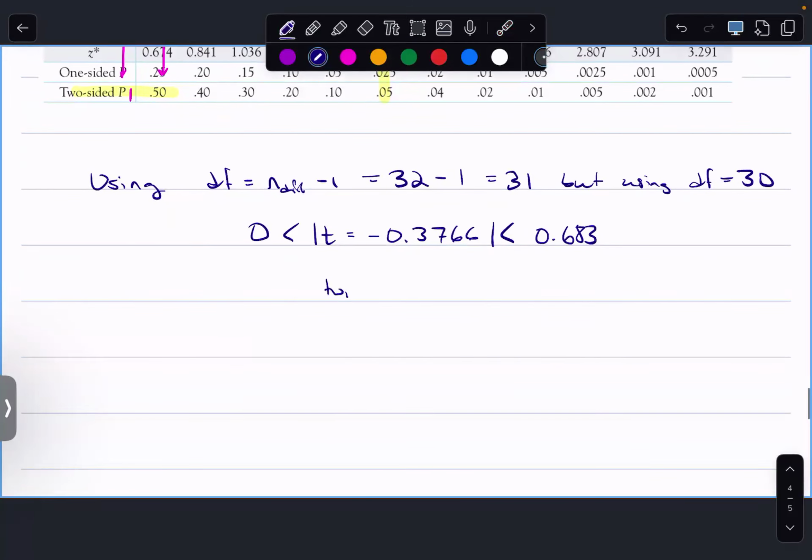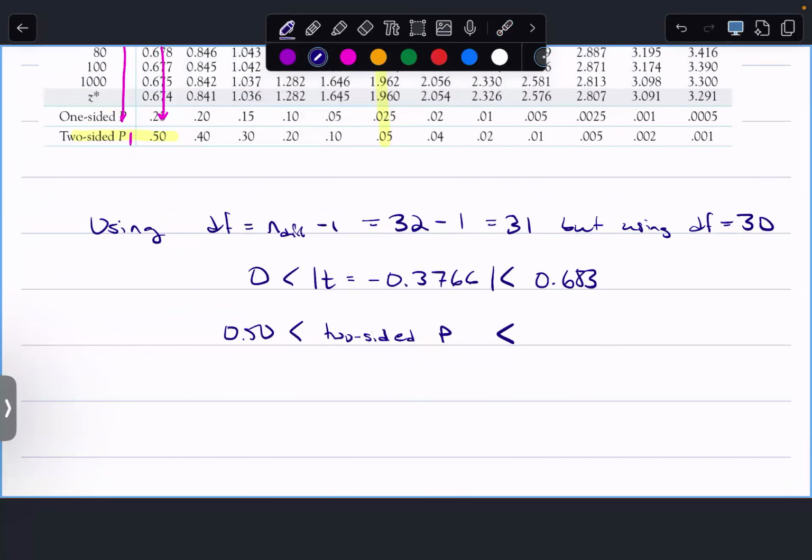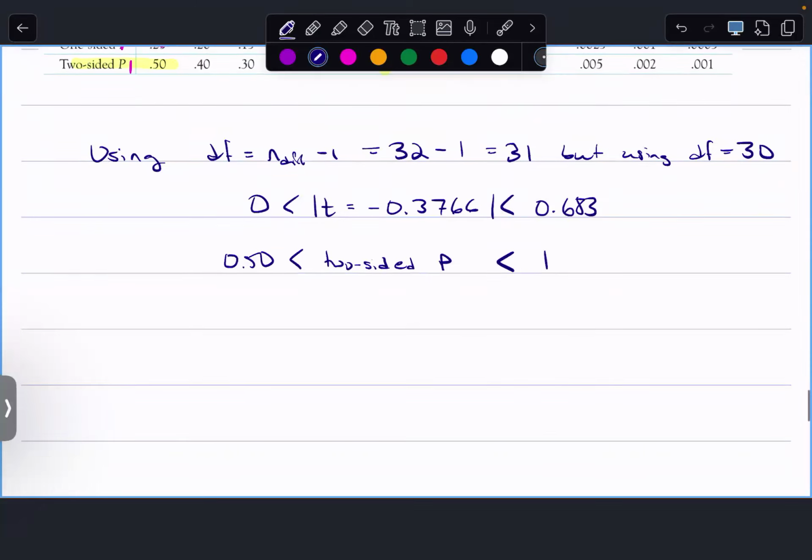So the two-sided p is going to be somewhere between 0.50 and 1. Big. And if the p is low, the null hypothesis must go, but it's not low. In fact, it's very large, which means in our conclusion,